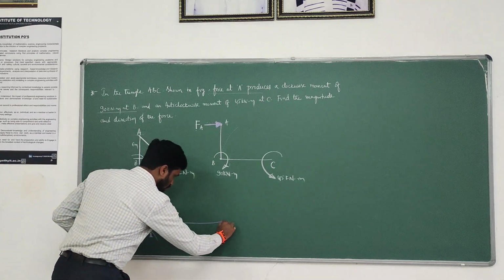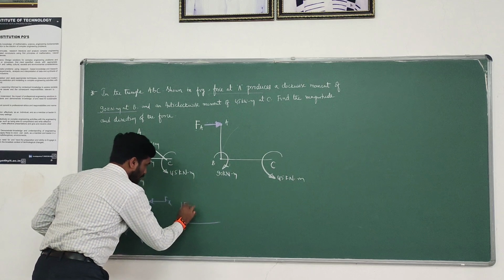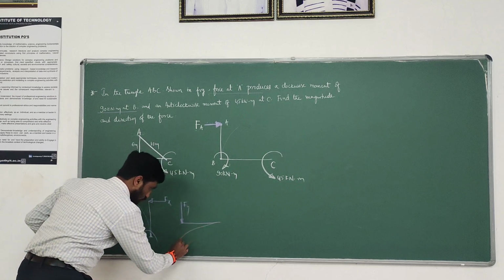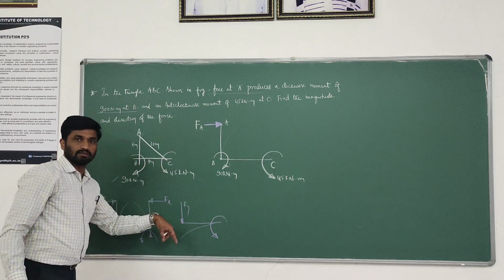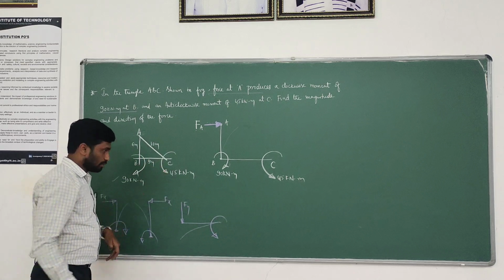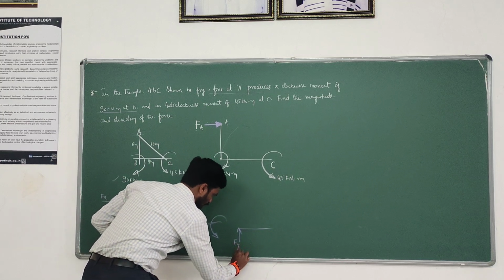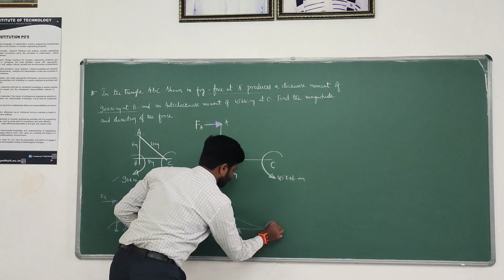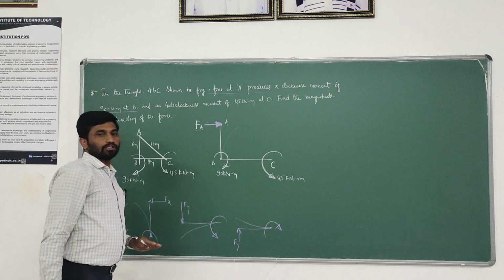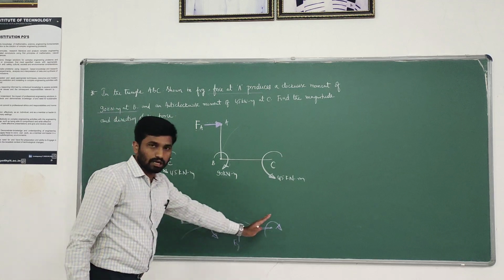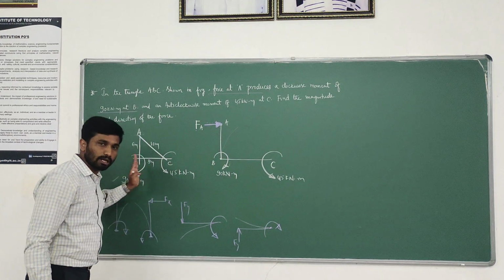Similarly, if a horizontal member is subjected to a downward force Fy, the body will swing in this direction, which means it will create an anti-clockwise moment for downward force. If you apply a force in the upward direction Fy on a horizontal member, it will sway in this direction, which means it creates a clockwise moment at the other point. These are very important basic concepts required to solve this kind of problem.